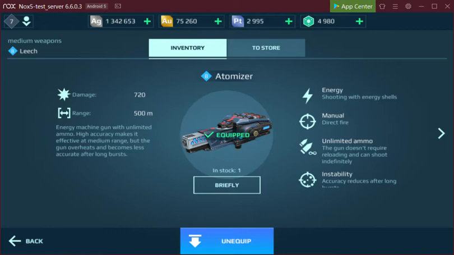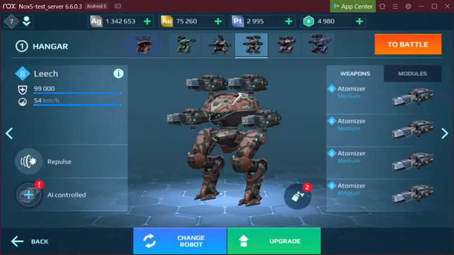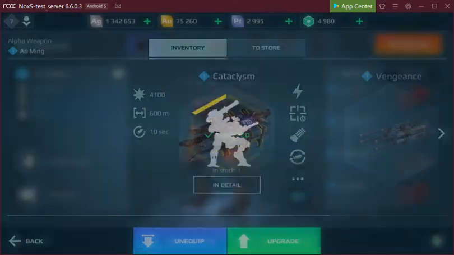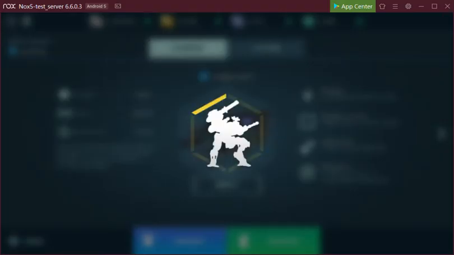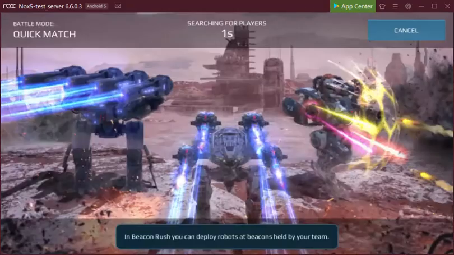Now another weapon that you will be seeing, and this is new for the first time, will be a weapon that looks a lot like the Scourge, two Scourges, or two Calamities stacked together, and it is a 600 meter weapon, and it's an energy weapon with an arc, much like Scourge and Calamity, or Spark. Yeah, I placed that on two of them. It's called a Cataclysm